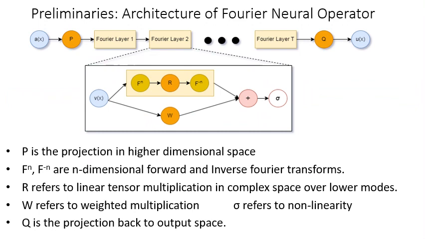We first look at the architecture of Fourier neural operator. Here Fn and F inverse n refer to the Fourier and the inverse n-dimensional Fourier transform. P refers to the projection of the signal from lower dimension space to higher dimension space. R refers to the linear tensor multiplication. Sigma refers to the nonlinear activations, and Q projects the higher dimensional signal back to our projection in the output